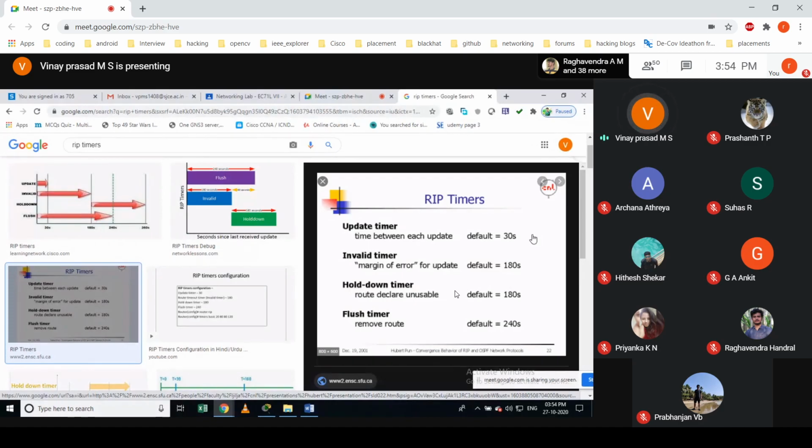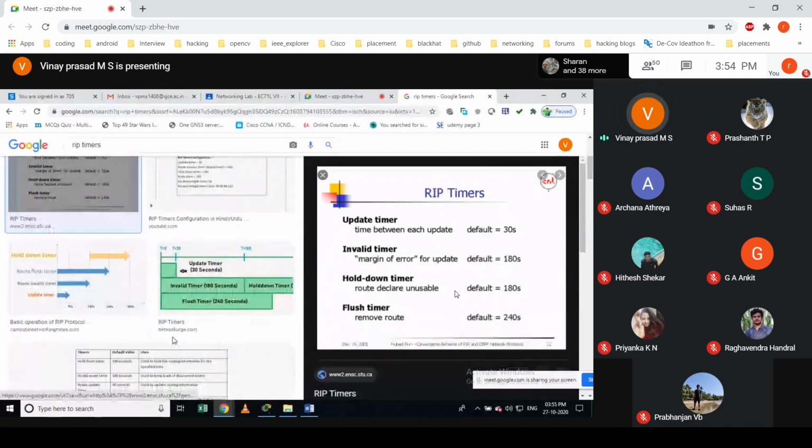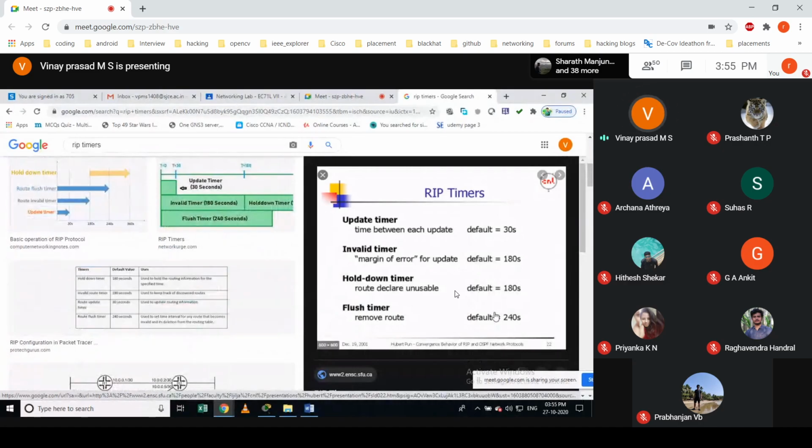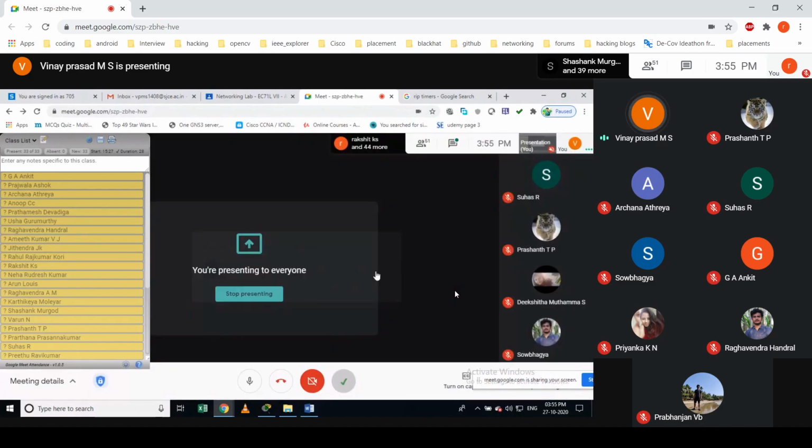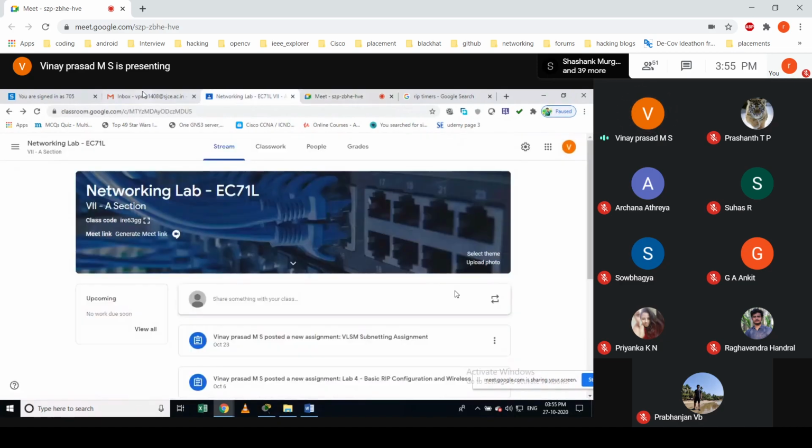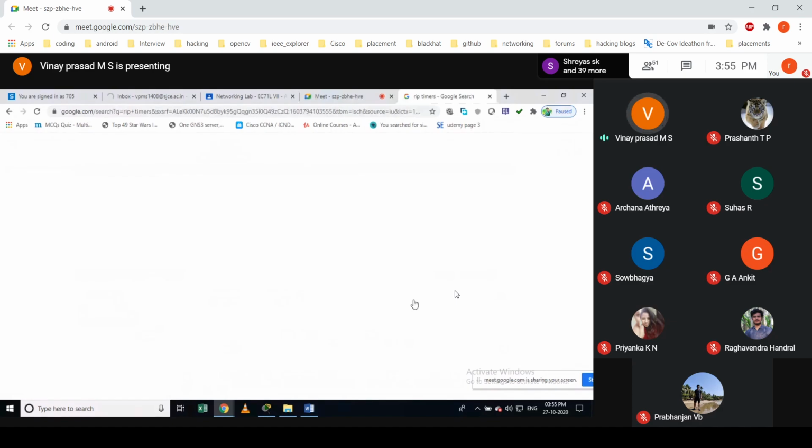That is a drawback, right? A huge drawback. For our network it is well and good, but for enterprise organizations, if they have downtime of around 4 minutes, it will be a huge loss. So this should not happen. That is why we have routing protocols called OSPF. The one disadvantage in RIP is slow convergence. Slow convergence means it takes 4 minutes to converge, that is, to find an alternate path to the destination.